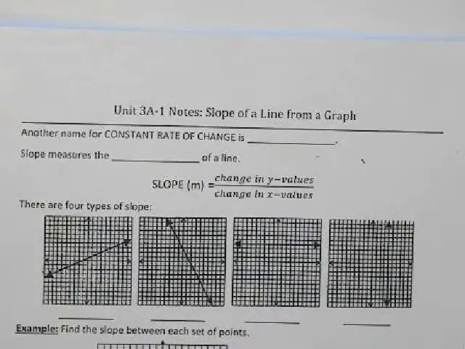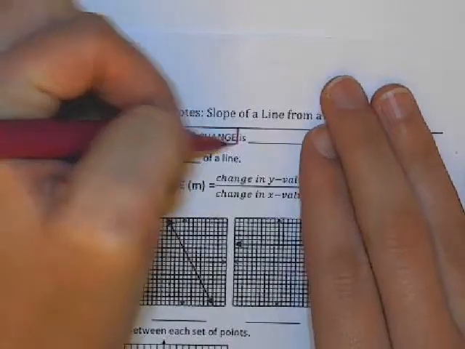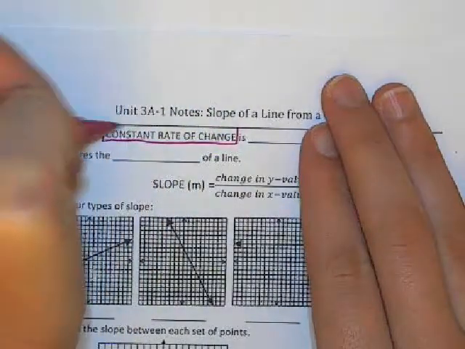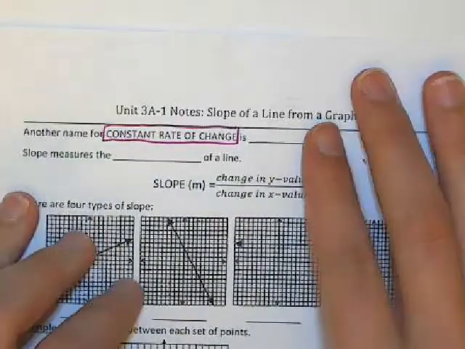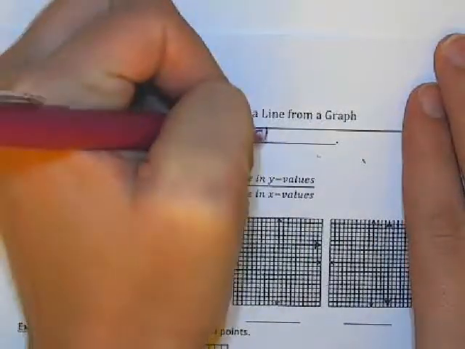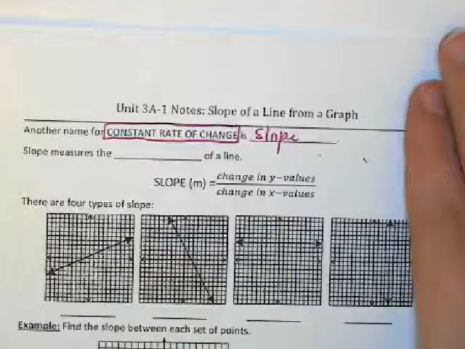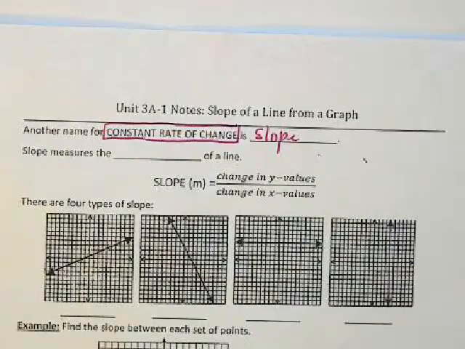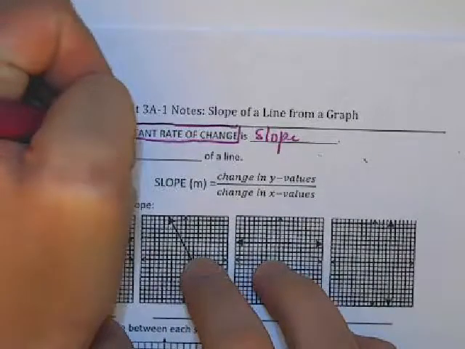Another name for constant rate of change is slope. You will see constant rate of change just as much as you'll see the word slope. You could have a question that says, what is the slope? You could also have a question that says, what is the constant rate of change? They mean the same thing. Slope measures the steepness